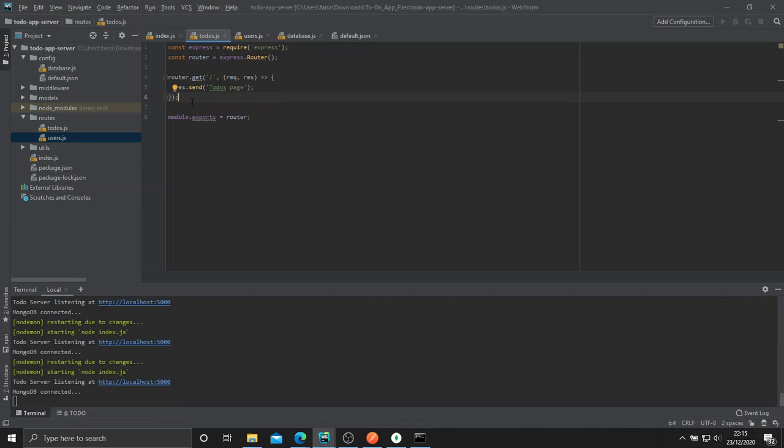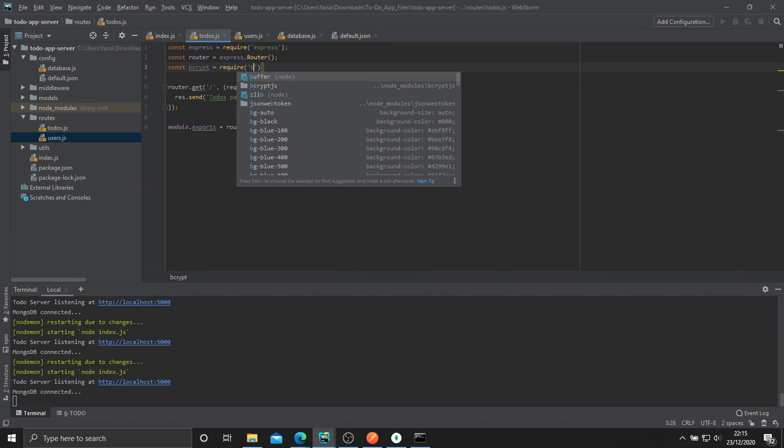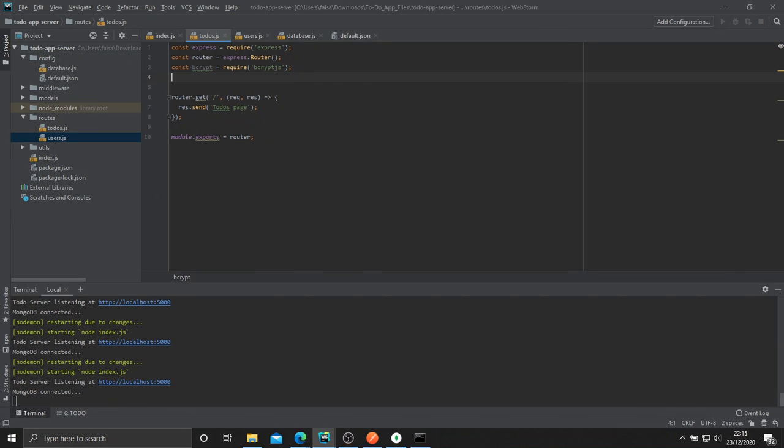So let's get a few more imports in. Go ahead and import everything. So const bcrypt equals require bcrypt.js. Const jwt equals require jsonwebtoken. Const config